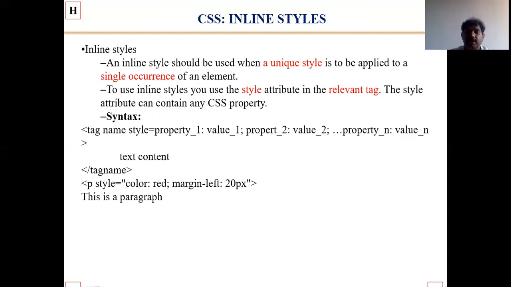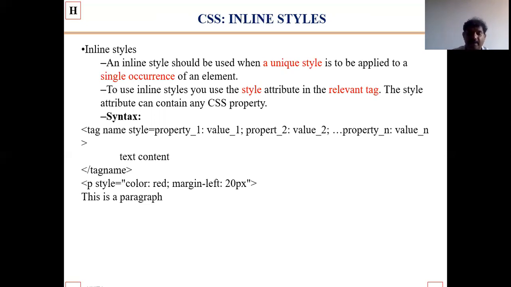That is the syntax for the inline style. Paragraph style is equal to color colon red semicolon margin-left 20 pixels. Here we are using margin-left because the style is shown on the left side.